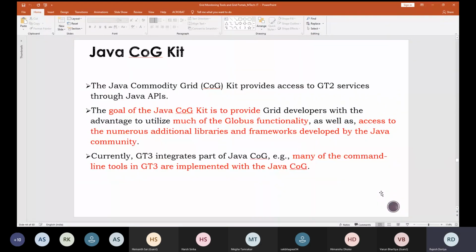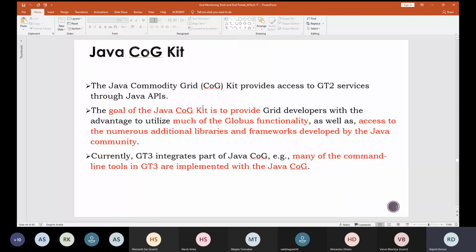And the Java commodity grid, we often term it as COG. So this is a kit which provides access to GT2 services through some Java APIs. Okay. As we know, GT2 is basically responsible for creating some portals, right? And your COG kit facilitates the access to the GT2 services.